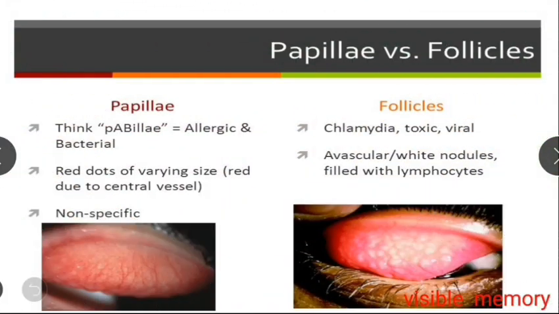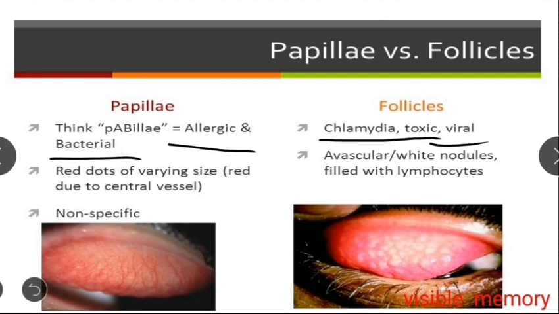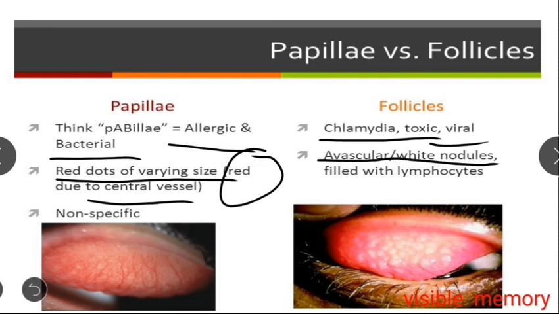And there may be formation of papillae and follicles. Follicles are formed mostly in case of virus, and also chlamydia and toxic conditions, and papillae are formed mostly in allergy and bacterial cases. Papillae are red dots of varying size because they have central red vessels, and the follicles are avascular white nodules or lesions. The follicles have lymphocytes, and the papillae have all other types of inflammatory cells as well,